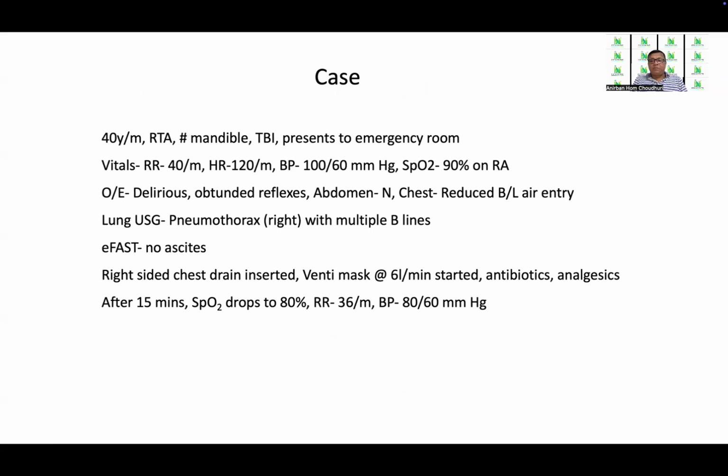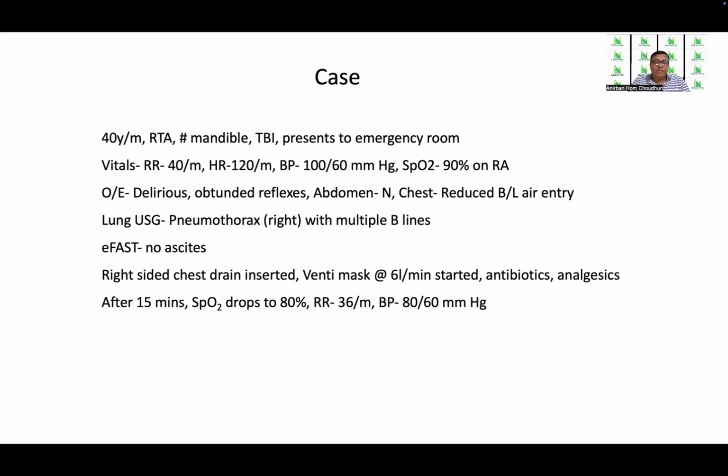On examination, the patient appears delirious with obtunded reflexes, with a clinically normal abdomen, but the chest shows reduced bilateral air entry. On lung ultrasound, there is pneumothorax on the right side with multiple B lines, although there is no ascites on EFAST. So, after insertion of a chest tube on the right side and ensuring that there is movement of the air